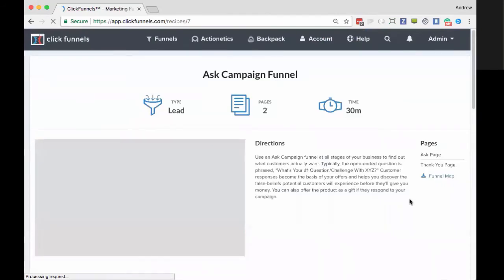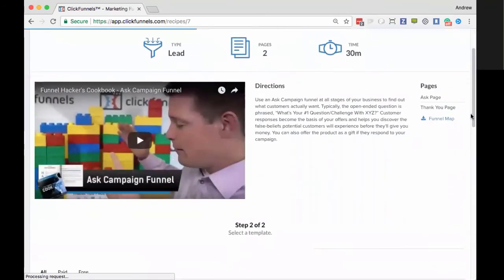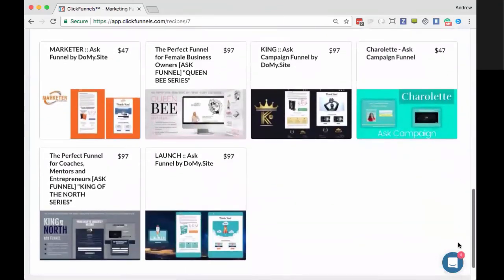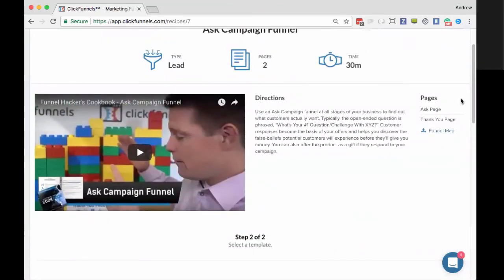There's potentially a book funnel, and there's a lot of funnels in here that actually give away books. I've seen them multiple times. You just have to do a little bit of research in here, and you'll find them. As far as the strategy behind it,